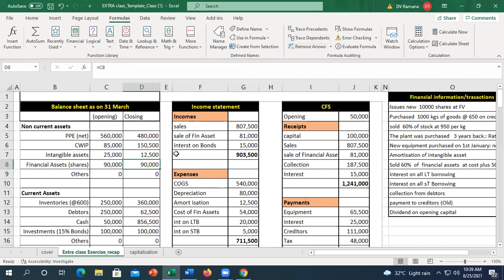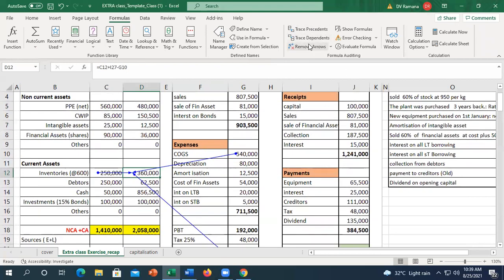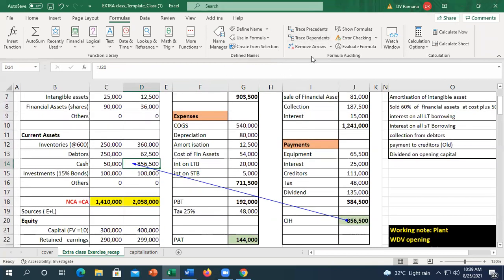Financial assets, we have sold financial assets. So 36,000. The inventories, lots of change happened because of the purchase and the cost of goods sold. Debtors, lots of change happened because of the purchase, sale, and the collection. Cash, we got it from the cash flow statement. No change in the inventory. So therefore, the total of asset is